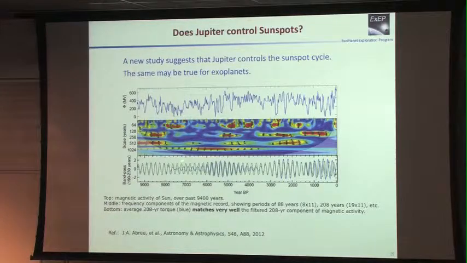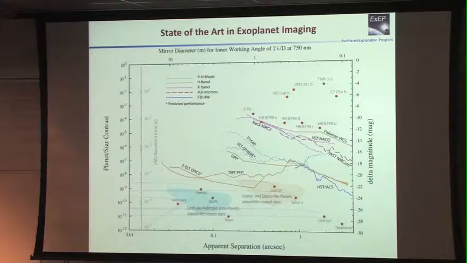This is a paper last year saying that the speculation was that Jupiter controls sunspots, or the magnetic field of the sun is connected to a planet, and I think this is something interesting we should bring up later during the meeting. This just plots, again,